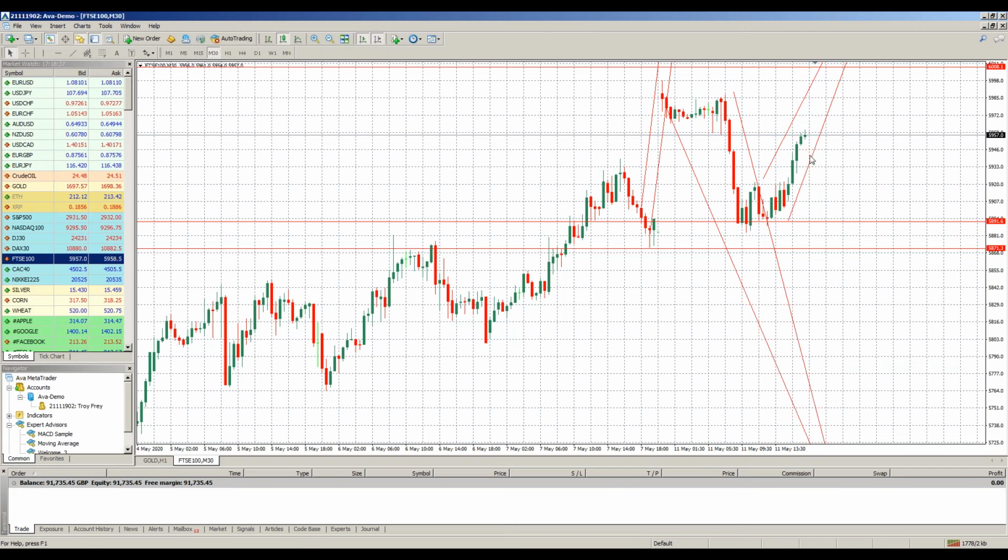You may or may not have gotten out of this buy position after it filled the gap. I would have gotten out. I wouldn't still be in it. I probably would have gotten out about 75% of the distance up. That's usually my rule. Your rule can be different. I'm happy with 75% of the gap on the way down, and if it bounces off the bottom on the way up. And again, small risk to get below Friday's close with a stop loss when it's bouncing up, and small risk as it starts to refill the gap to put your stop loss above that open price that it never challenged.